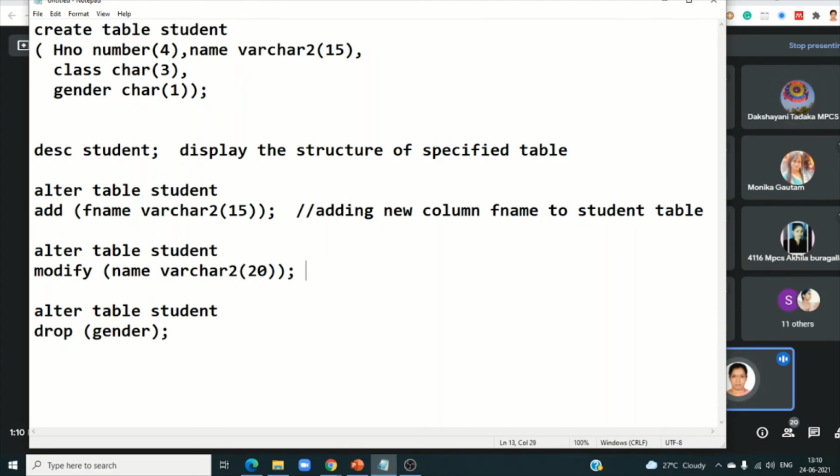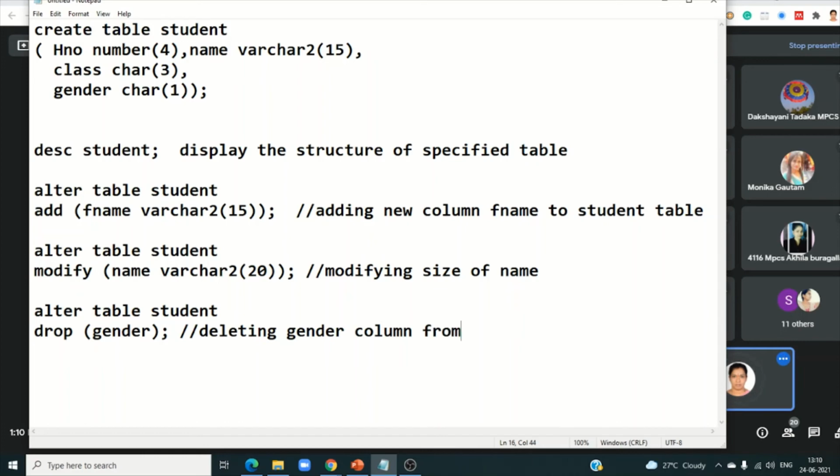What is the meaning of modifying? What is the use of modifying? Modifying the data type, modifying the size of name. Here what is drop? Deleting the gender column from the student table.